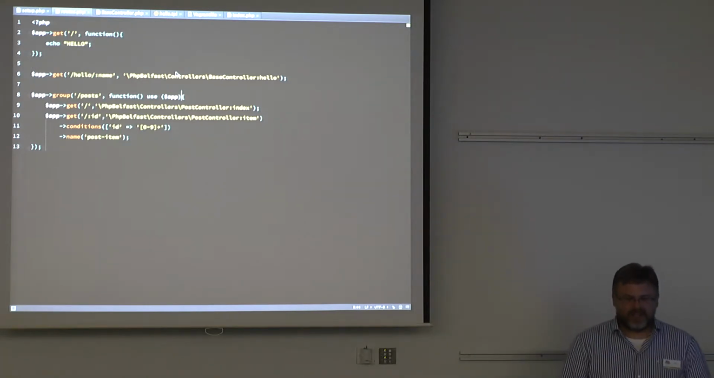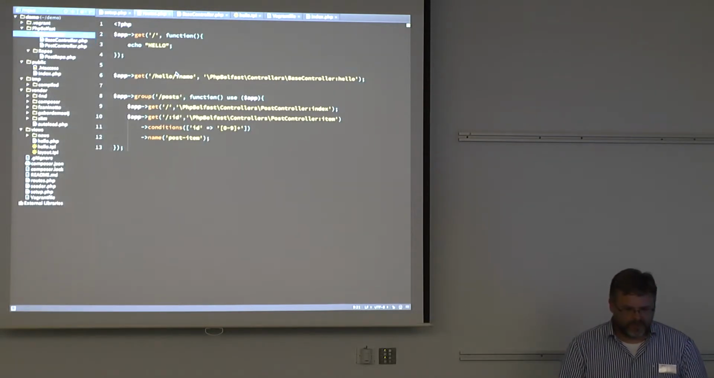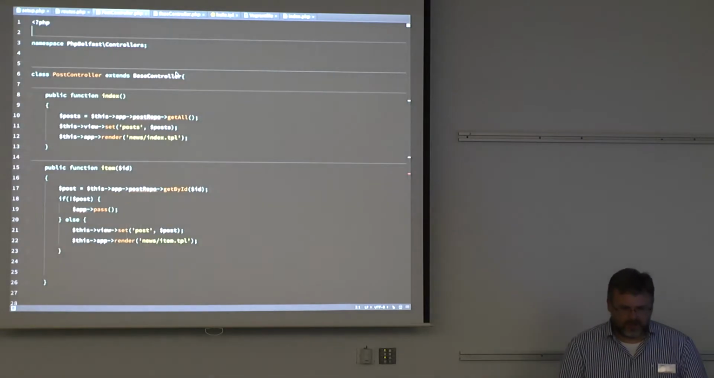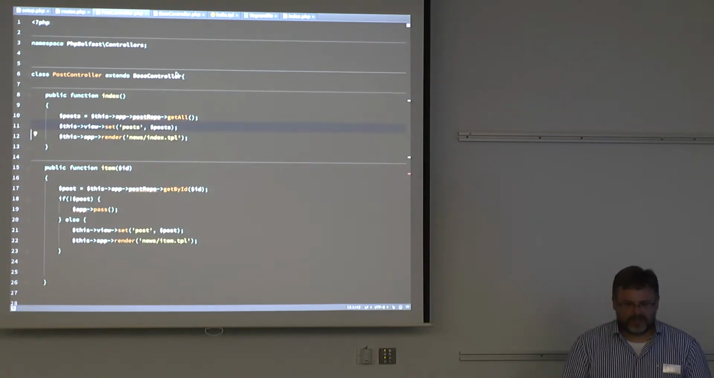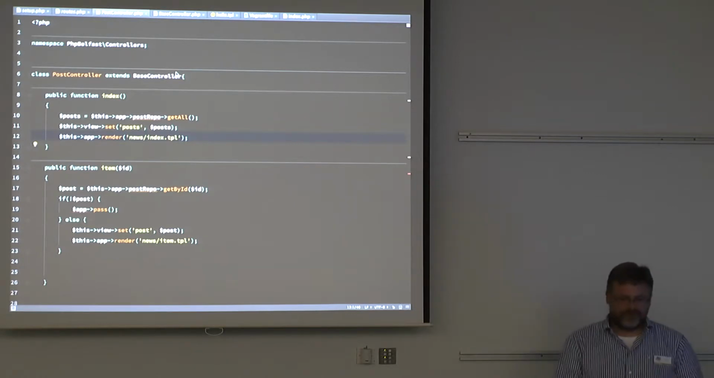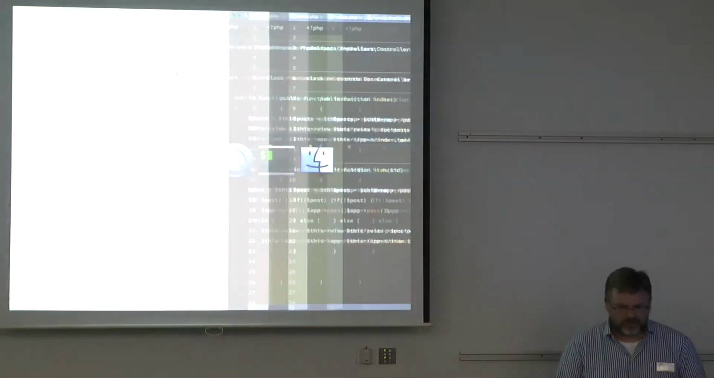And you see here, I've said any routes that go into /posts to use a post controller index method. So if we open that up, this goes and gets some posts from the repository, which we'll talk about in a little while, sets them into the view, and renders that view. And so if we go to /posts,